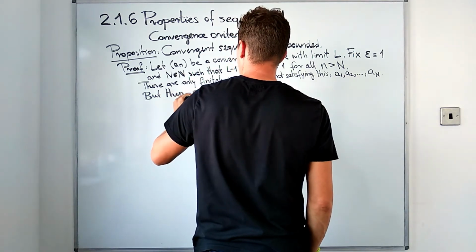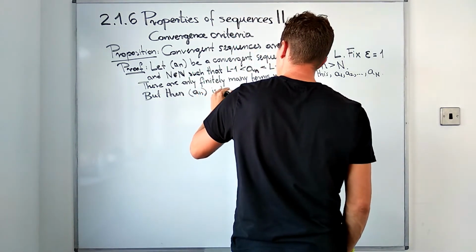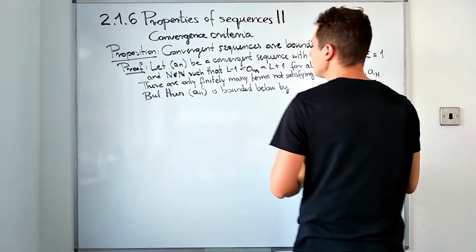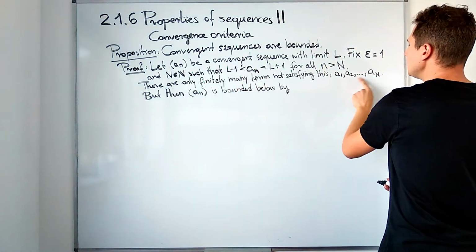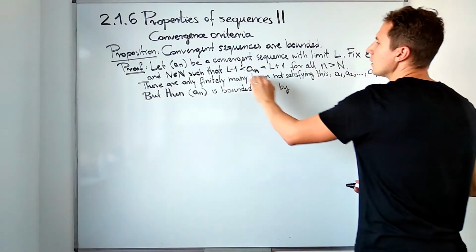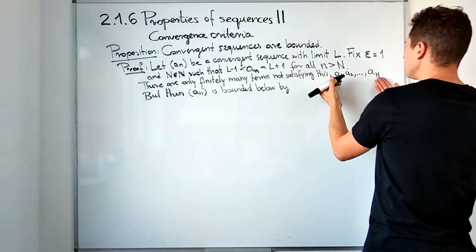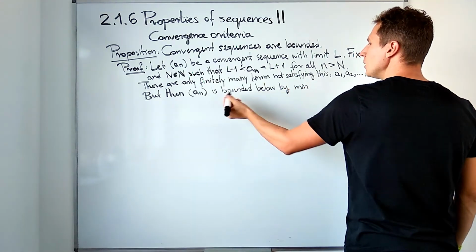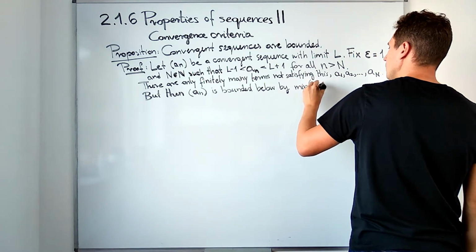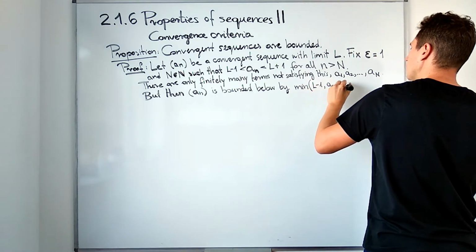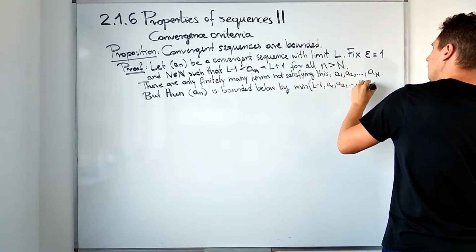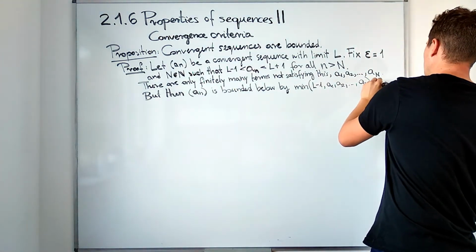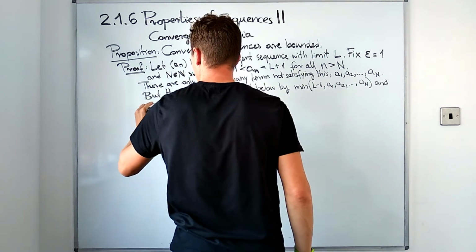the sequence a_n is going to be definitely bounded below by either L-1, or if among these numbers there are numbers that are less than L-1, then we just have to take the smallest of these finitely many terms. So it will definitely be bounded below by the minimum of L-1 and these terms. So we'll just look for the smallest of these values, and that should do the job of being a lower bound. And similarly,